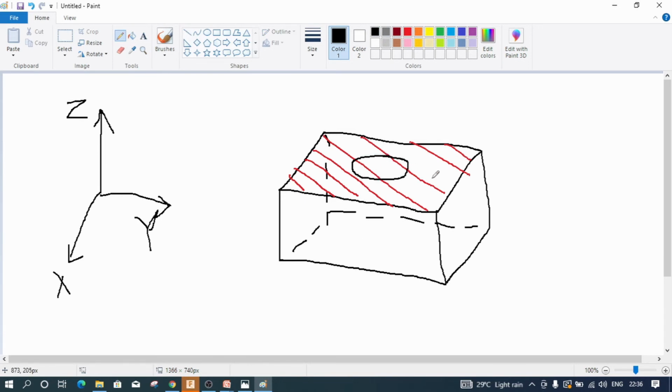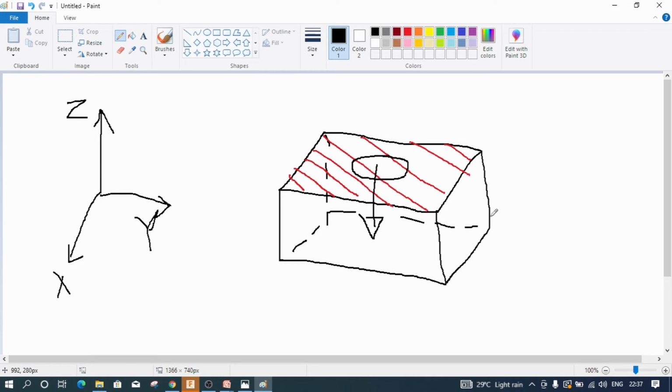After you draw a circle on this particular face, if you extrude it downwards, Fusion 360 will automatically create a hole for you. So that is the smartness of Fusion 360. Based on what you are trying to do, it automatically detects the kind of command you are trying to develop, and it will automatically create a hole for you.